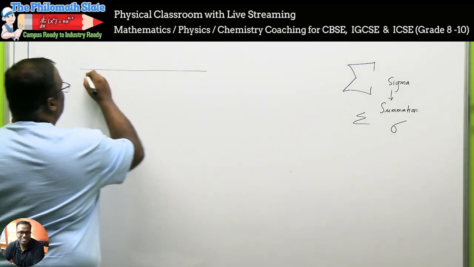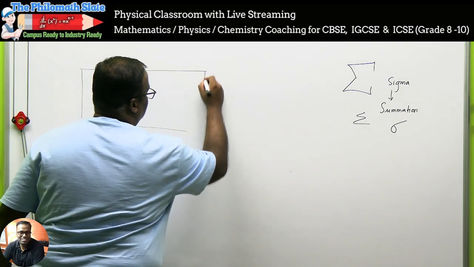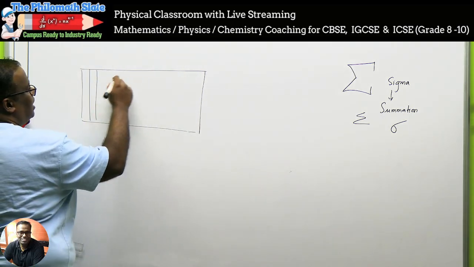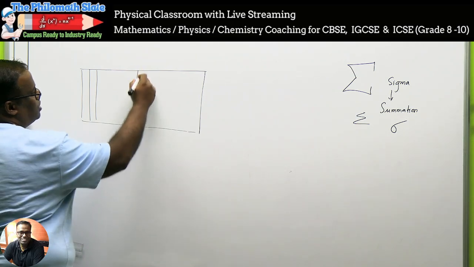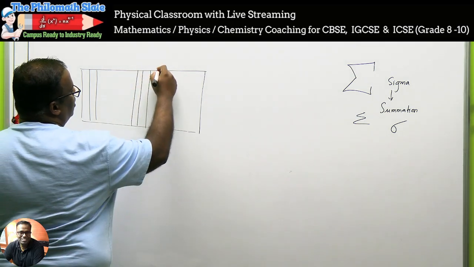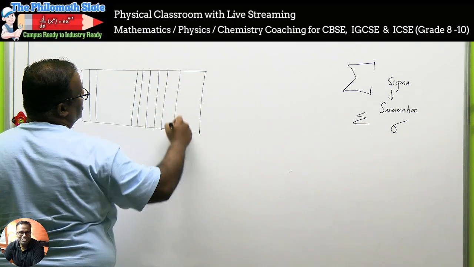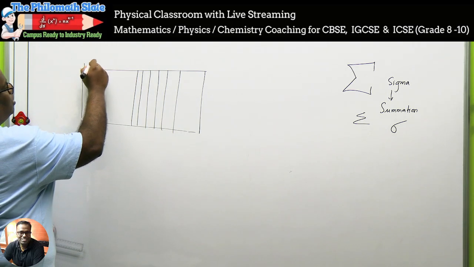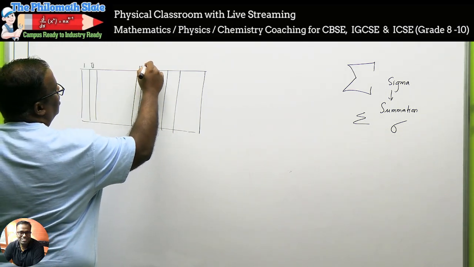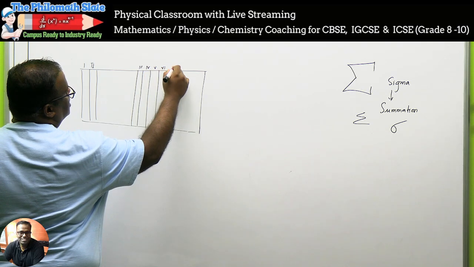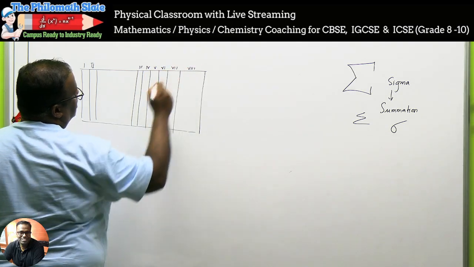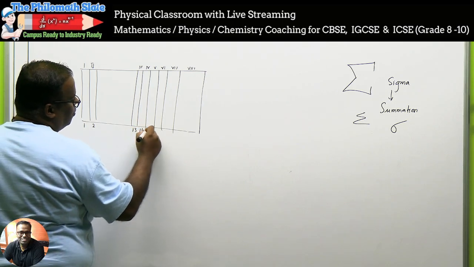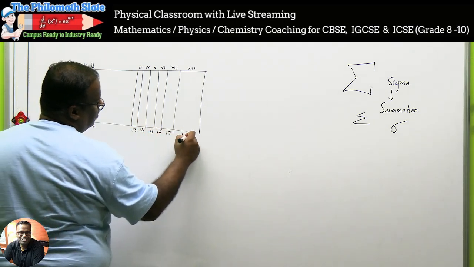Now see how we do this. Suppose this is my rough periodic table. I'll go by the Cambridge naming. I have group 1, group 2, and then there is a transition block, and then group 3, 4, 5, 6, 7, and this is 8. If you go by the international system, this is group 1, group 2, group 13, 14, 15, 16, 17, 18. We are versed with this.